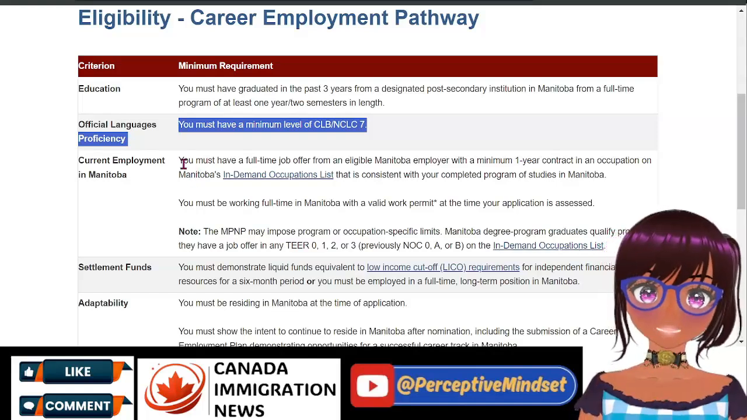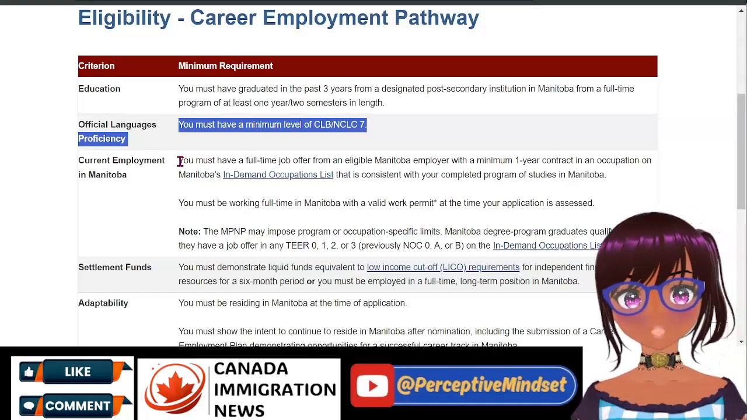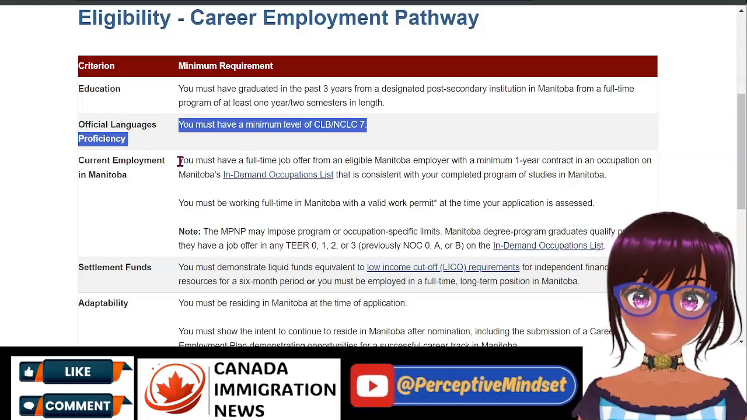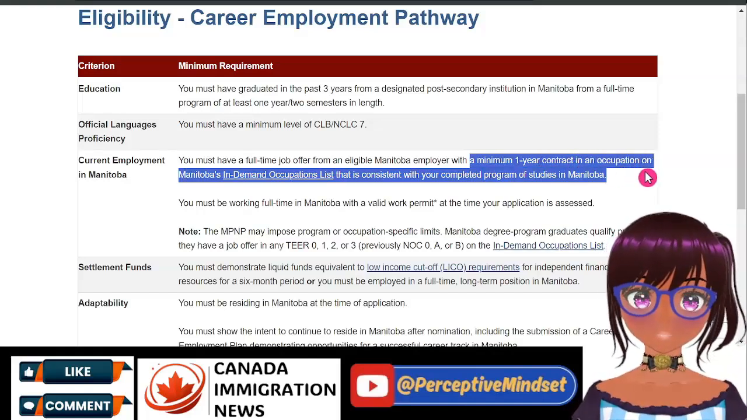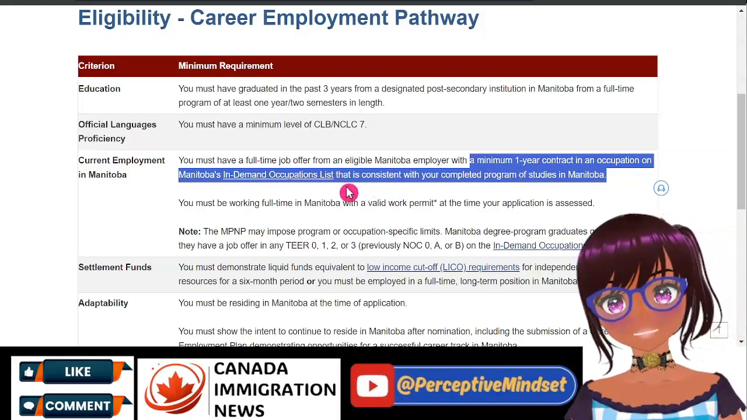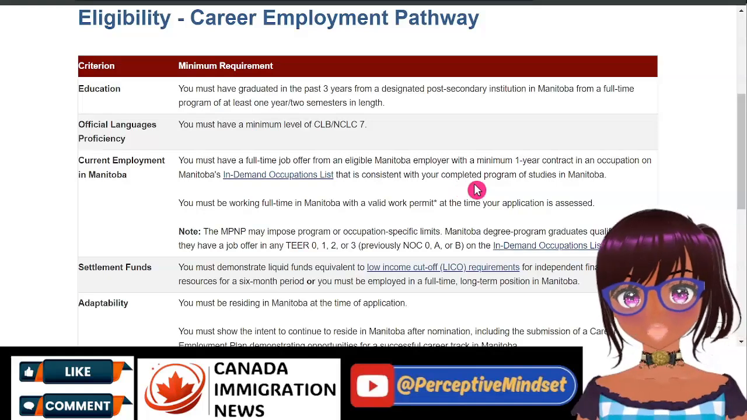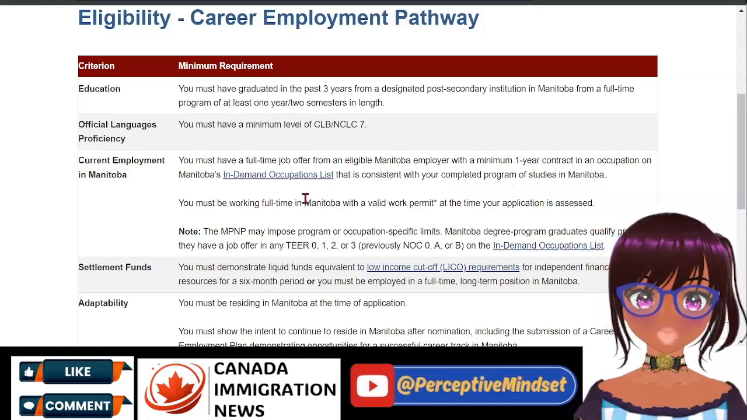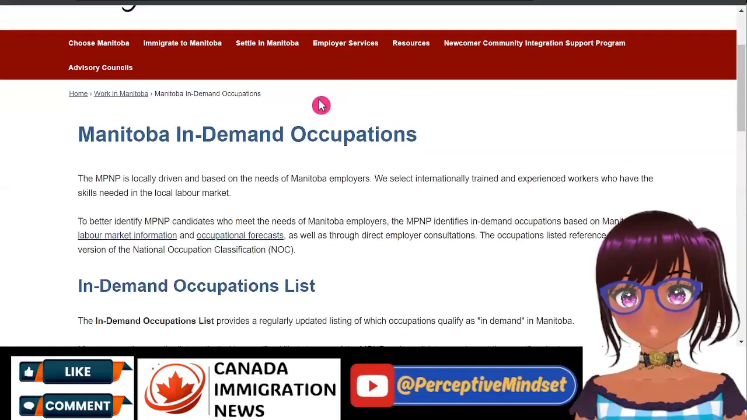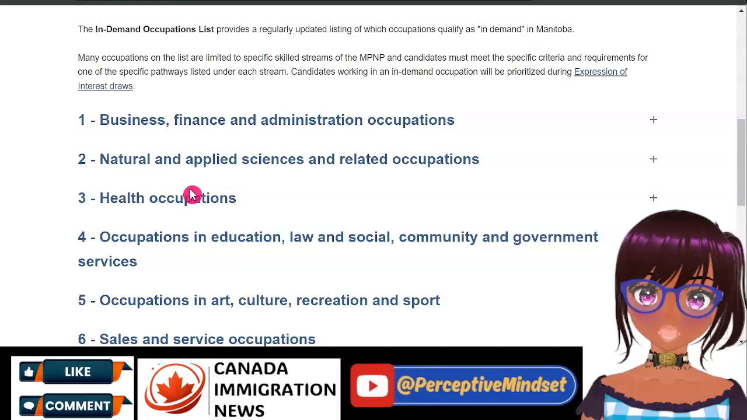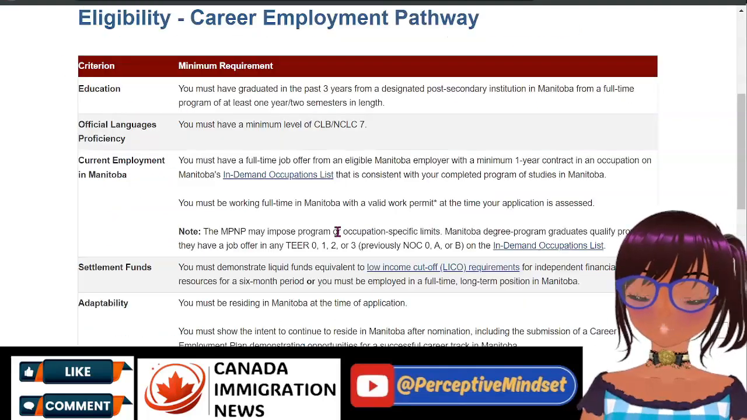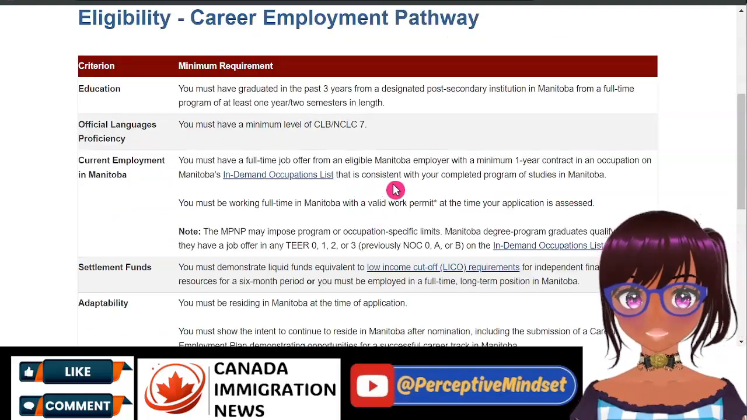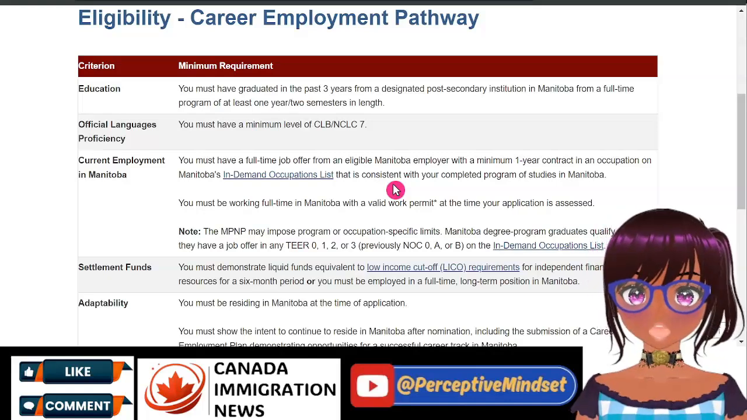And the current employment in Manitoba, you must have a full-time job offer from an eligible employer in Manitoba with a minimum 1-year contract in an occupation on Manitoba's in-demand occupation list that is consistent with your completed program of studies in Manitoba. You can always expand to see what those in-demand occupations are, and when you look at it, if it's business, finance, administration, you can go through and see where your job falls, and then you can know exactly what NOC code you fall under, but it must be consistent with the program of study that you have done